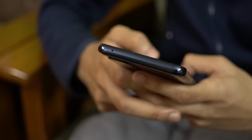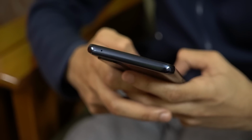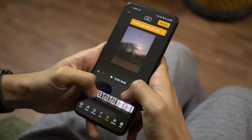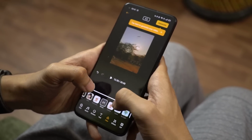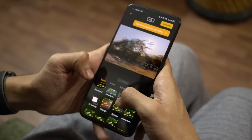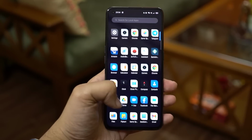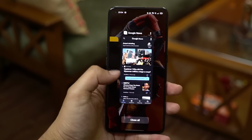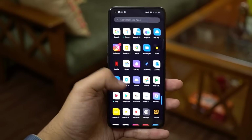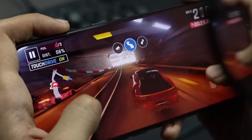As for the real-world usage, the MediaTek Dimensity 1000 Plus chipset is absolutely impressive. Now I've already tested this processor on the Reno 5 Pro, and I'll once again add that I have no complaints with the Dimensity 1000 Plus inside the Realme X7 Pro whatsoever. The software flies on this phone, apps open fast, transitions and animations are slick, multitasking is handled well, and the phone doesn't overheat. I was easily able to play games such as Asphalt 9 Legends and Call of Duty Mobile